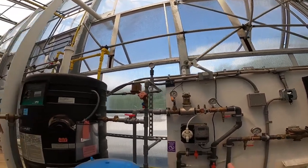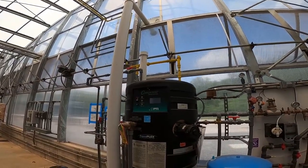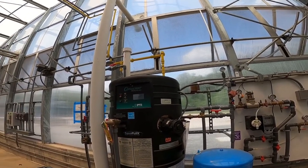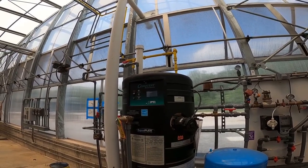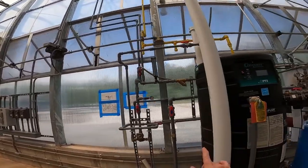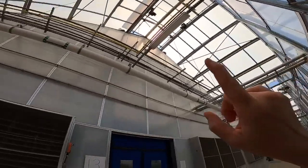And then the water then goes into this water heating system. So, outside water, underground water is year-round, probably about 50 degrees. This system, the water will be heated to 72 degrees before it is deployed to the different various greenhouse areas. You can see here's some more piping, and this is where it goes up and up and up, and then